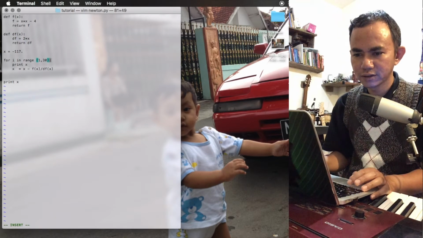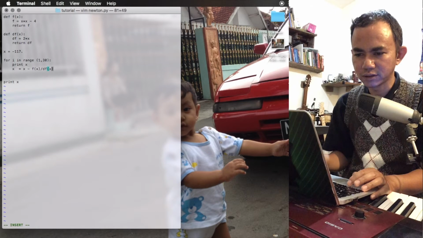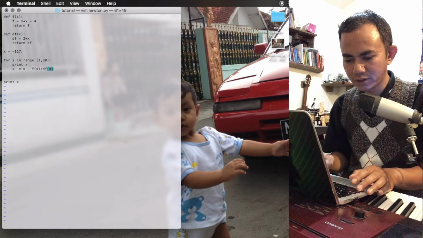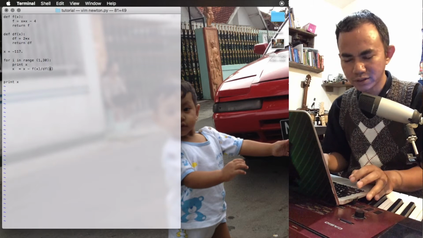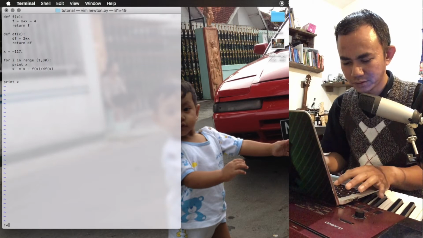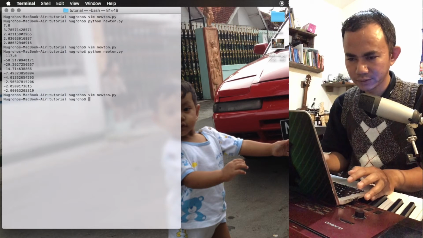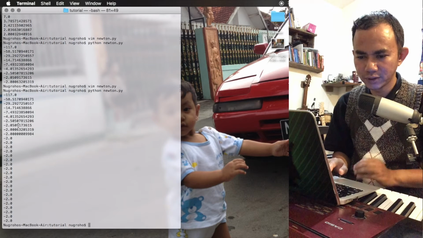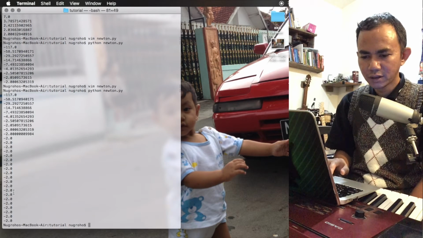In the loop we will print x, just like this. Maybe it's round, maybe it's not. WQ, yes, I'm sure. Run it. Okay, this is the value, the root is 0.